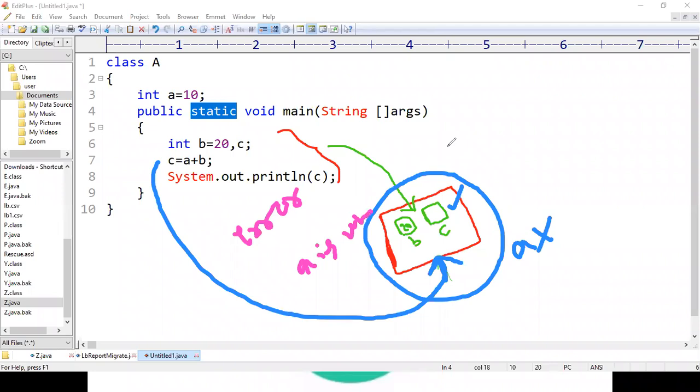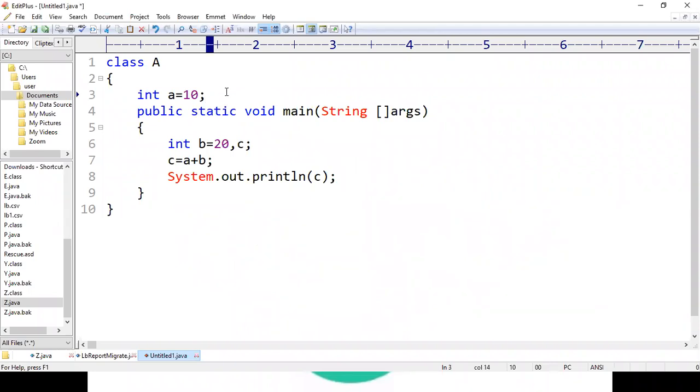But if you observe the program, we have defined the variable a here, right? We have defined the variable here, but unfortunately the compiler is showing that the variable a was not present in the program. So what we have to do here is, either we have to define the variable with the static keyword so that it can also be present in the main memory, or